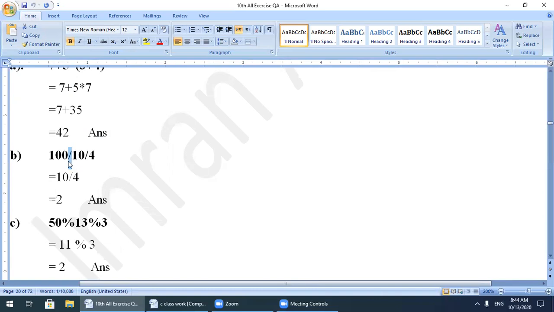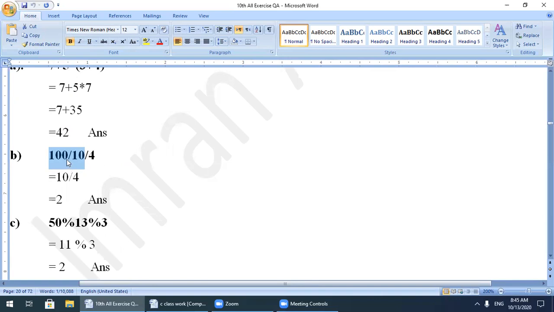So according to this, 100 divided by 10 will give us a quotient value in the division. So the quotient is 10. When I solve this one, 100 divided by 10, 10 tens are 100, remainder is 0 and quotient is 10. Keep in mind, in the division we all the time get two results. One is quotient and one is remainder.